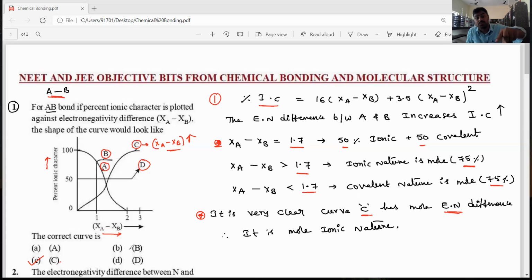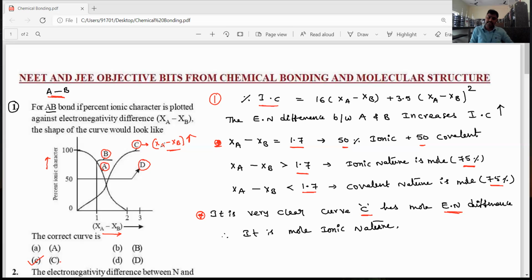Sometimes they will give the C curve in option B. So when the curve is C, don't directly tick option C. You have to observe the options carefully also. If you don't observe the options and just see the curves, you will tick C directly. Here the options are given perfectly, because the C curve is present in option C only. That's why your answer is option C. But if the C curve is present in option B, then you have to choose option B. Okay students, don't forget and don't get confused.